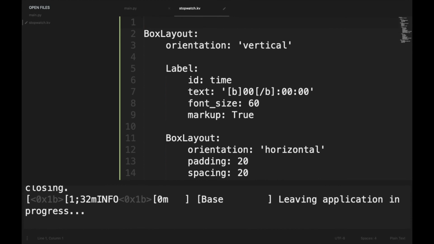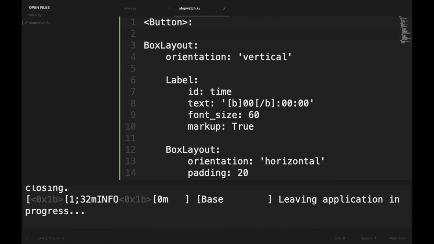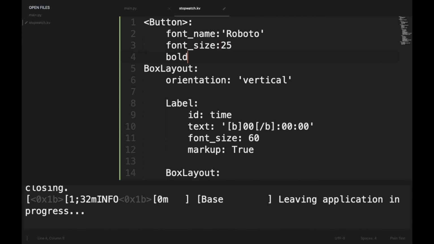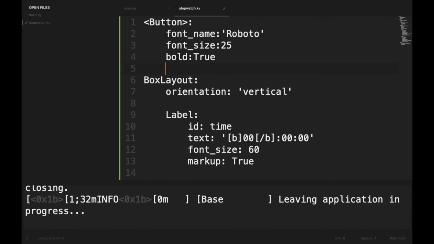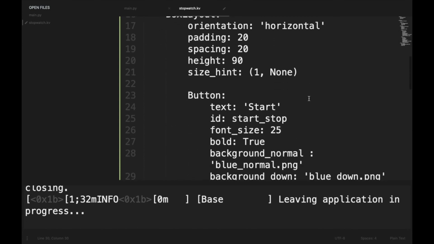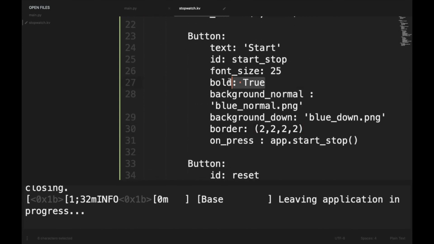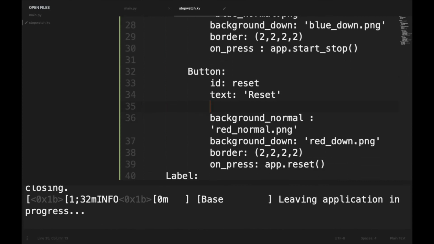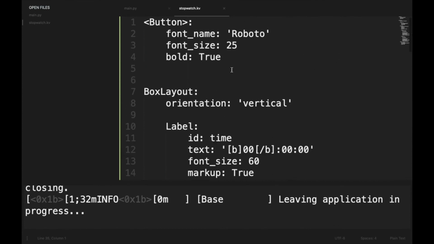So here at the top we will be doing Button, and here we will say font_name is Roboto, and then we will say font_size is 25 and bold is true, and then we can delete this font size and bold from here and here and save it. Similarly we can do this for label also.